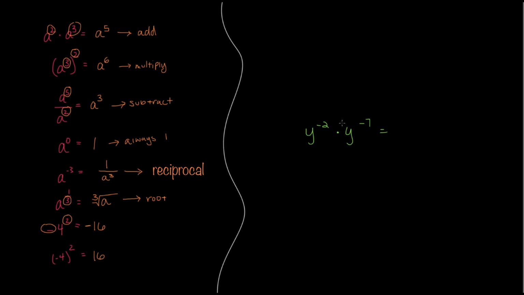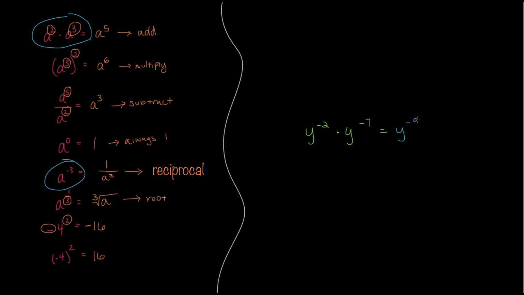This one says y to the negative second times y to the negative seventh. So this one actually involves two different exponent properties. We have the first one over here where two exponents are being multiplied with each other. And then we also have the negative exponents rule. So in this rule here, it says we have to add the exponents together. So we're going to have y to the power of negative 2 plus negative 7,